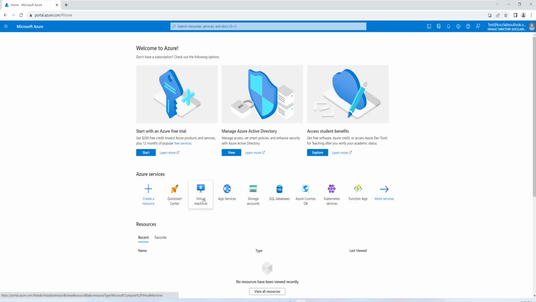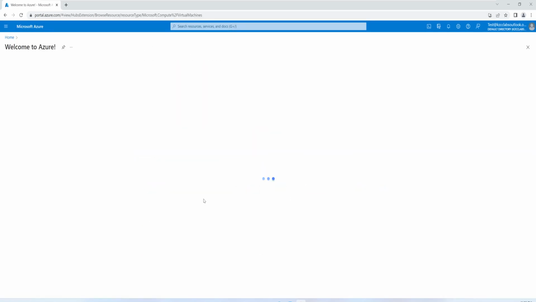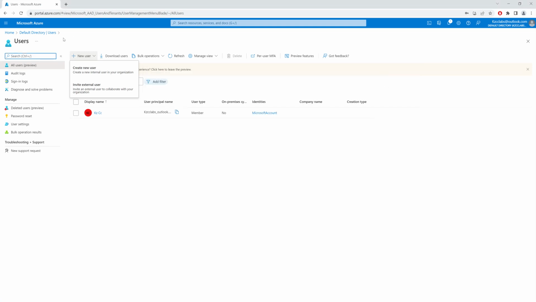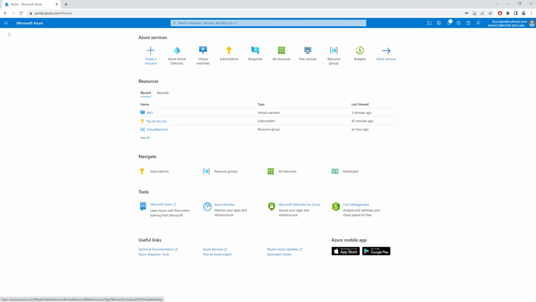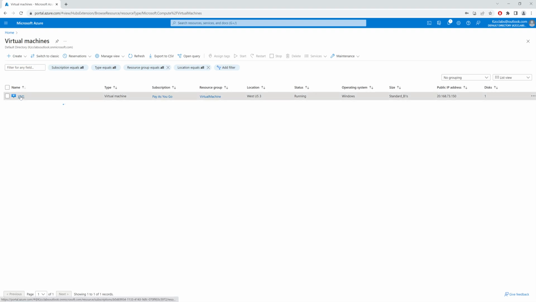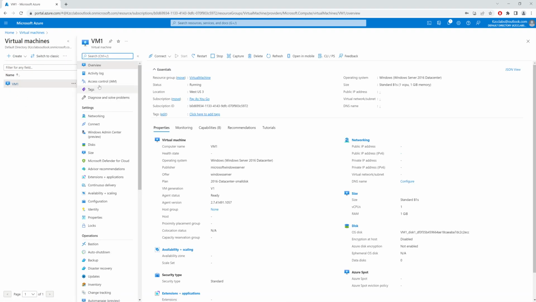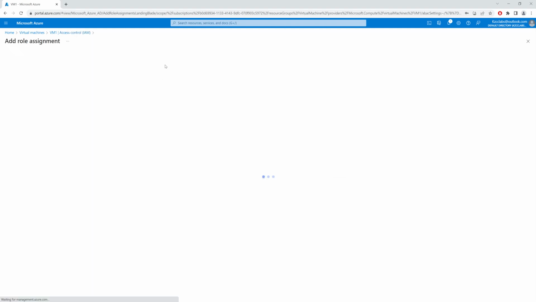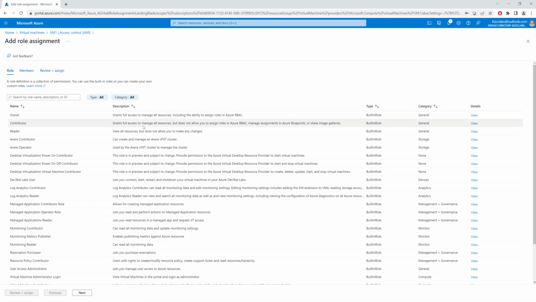If I click on virtual machines, I will currently have no virtual machines to display. So let's go and give this user a role assignment. Now I'm back onto my main username, my owner, kzcclabs@outlook.com. I go to home. I select virtual machines, click on virtual machines, click on access control, click on add role assignment, and let's select the contributor role for